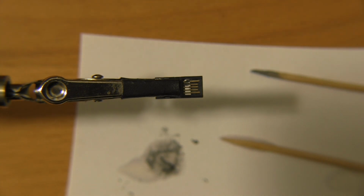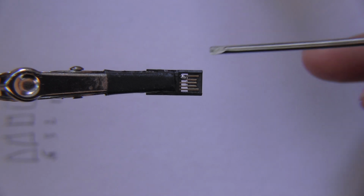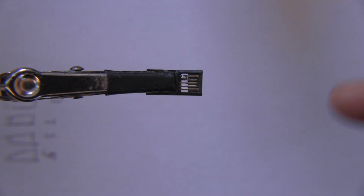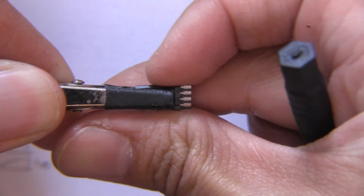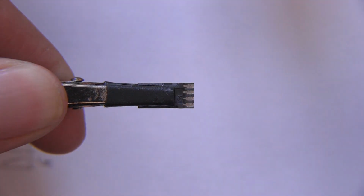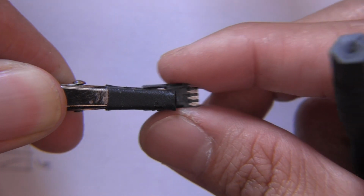Wow, this is challenging. Okay, so here's what we've got. Pins 4 and 5 are soldered, and now we're ready to go ahead and print in the other side. So we're going to flip this around. As you can see, again, there's only 4 pads here because we already shorted pins 4 and 5, and that's going to go to